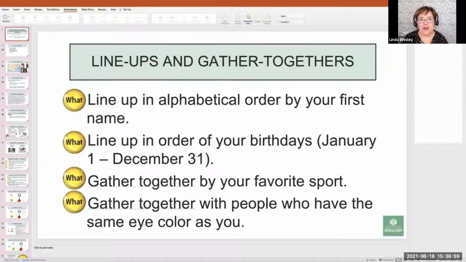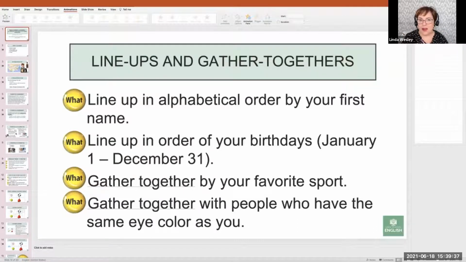So one of my favorite activities in the traditional classroom is to do four corners. I'm sure many of you are familiar with that. With four corners, you can put a sign in four corners of your classroom. And so, for example, with favorite sport, I don't put the word, I just put the picture that represents the sport. And then I ask the students, okay, what is your favorite sport? Go to that corner. And again, that gives our students an opportunity to stand up and move around.